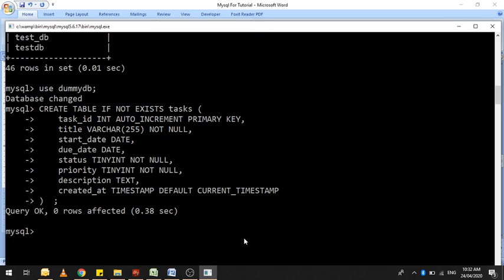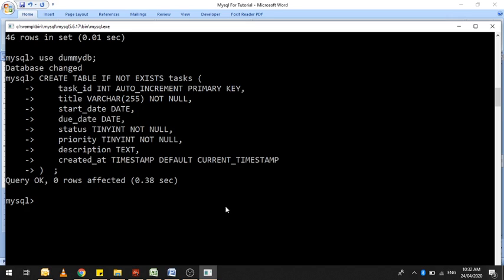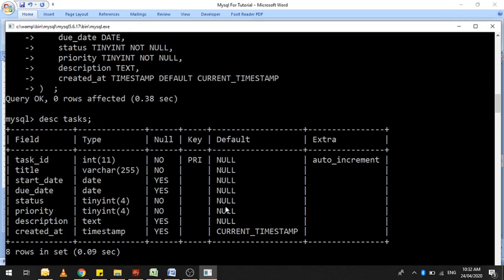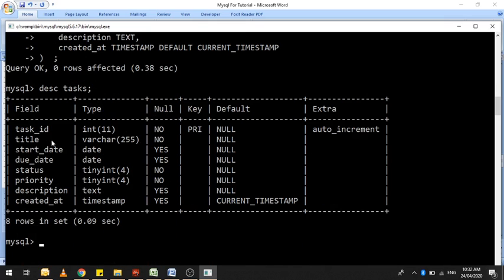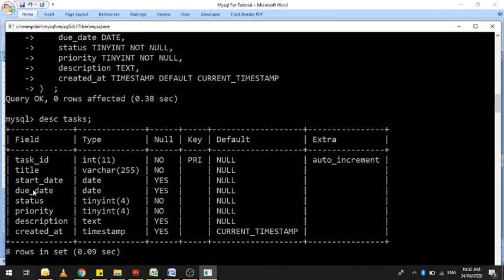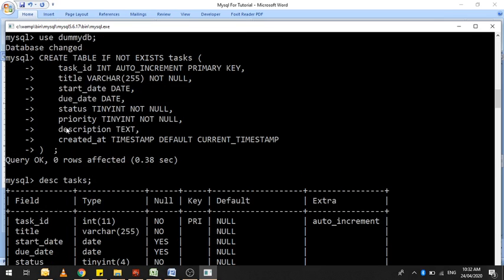If you want to verify the table, you will use the describe command, describe tasks. It will show the table which has been created in the previous create table command. So you can see the field column indicates the fields which you have specified in the create table command.